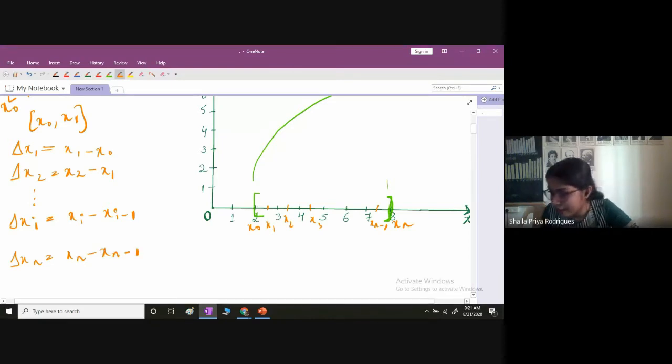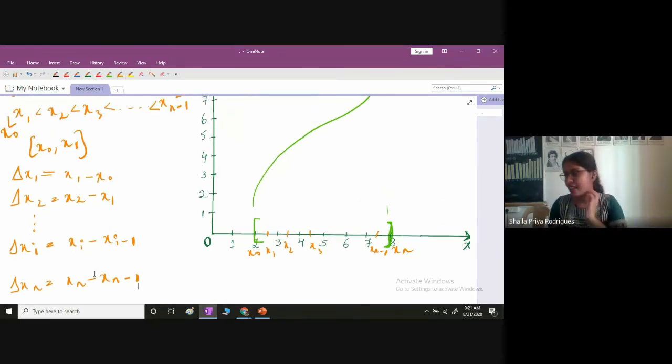All right. Why are we trying to find the lengths of these subintervals? Remember, the main picture is we're trying to draw rectangles here, and the even bigger picture is the area. So tell me, why are we finding these lengths? Yes, one side of the rectangle. How do you get the area of the rectangle? Length into width. So length we've gotten like this. How will you get the width?